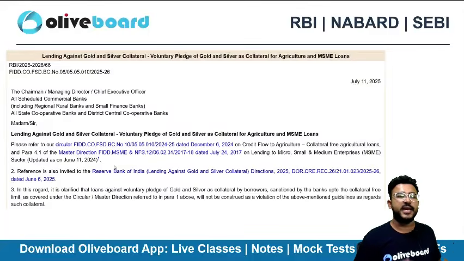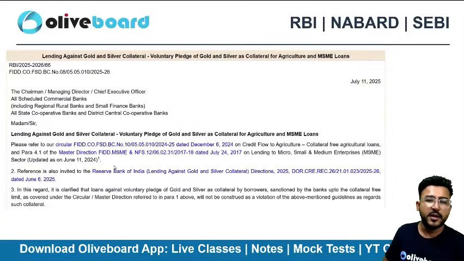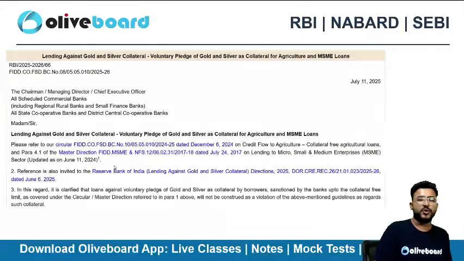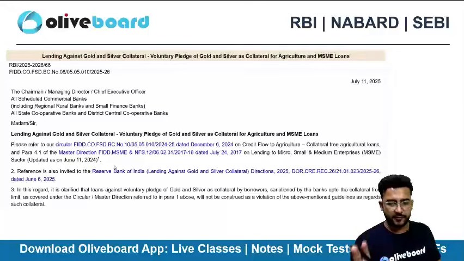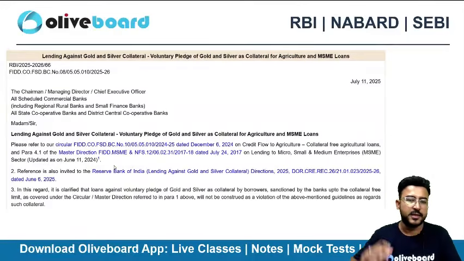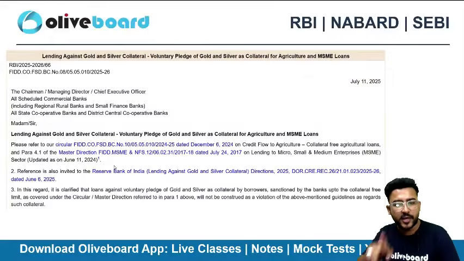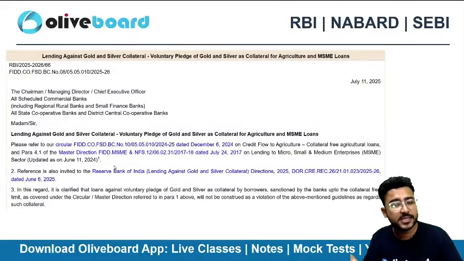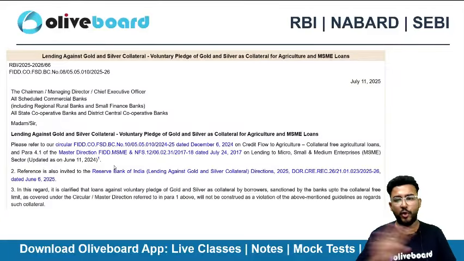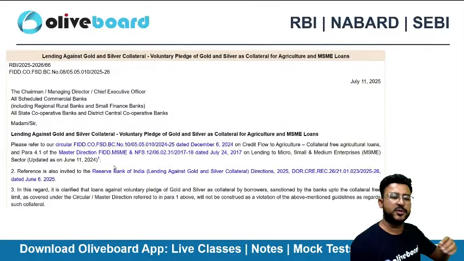Then the next one is lending against gold and silver collateral. Voluntary pledge of gold and silver as collateral for agriculture and MSME loan. So usually these kind of loans are collateral free, right? Still, if a borrower wants to pledge that particular gold or silver as collateral, will it be treated as a non-compliance? No, it won't be treated as a non-compliance. So there was a confusion